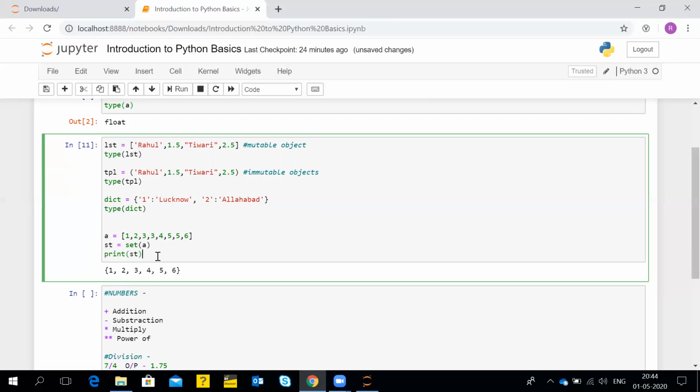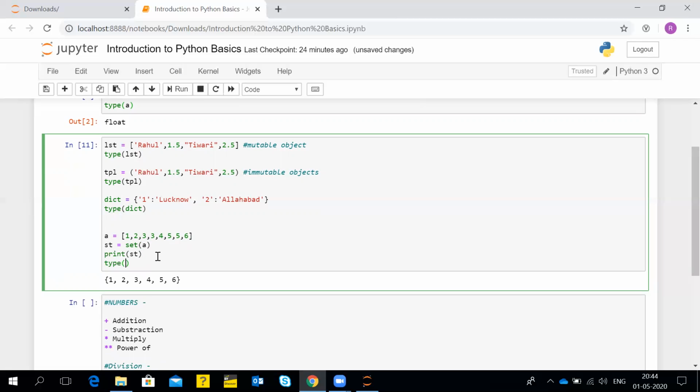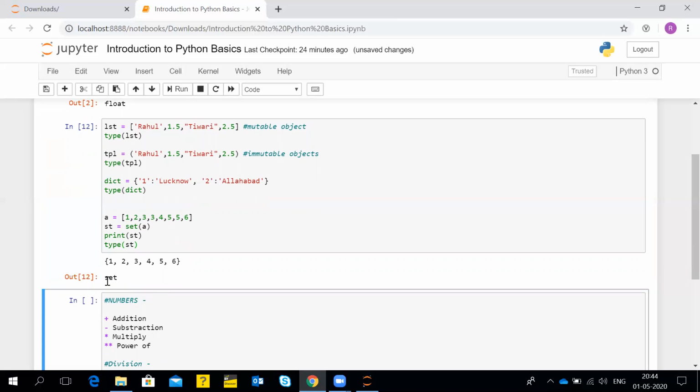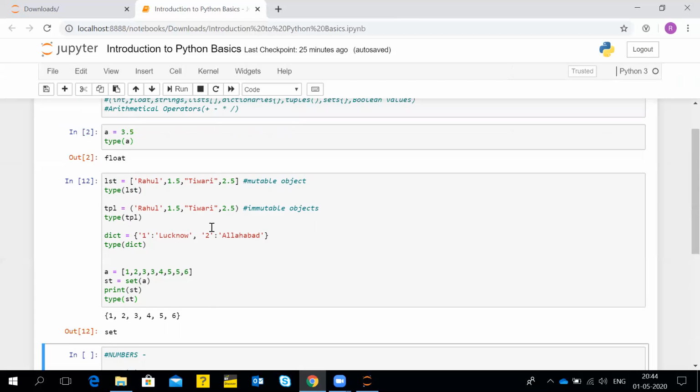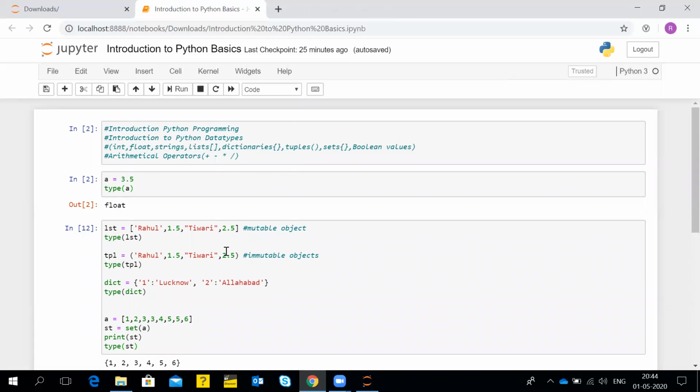If you check the data type of the st variable, it is clear that it has come out to be a set. I have duplicated 3 two times and 5 two times, but the set operation removed all the duplicates. So the set data type is mostly used for removing duplicates, and it will contain only unique values. For this reason we use the set data type.